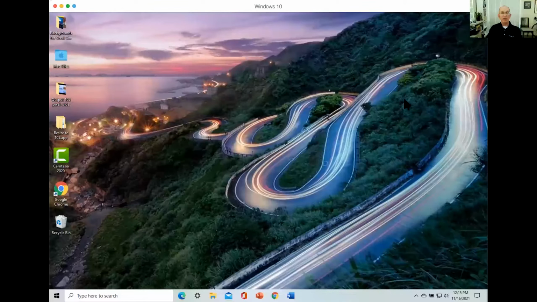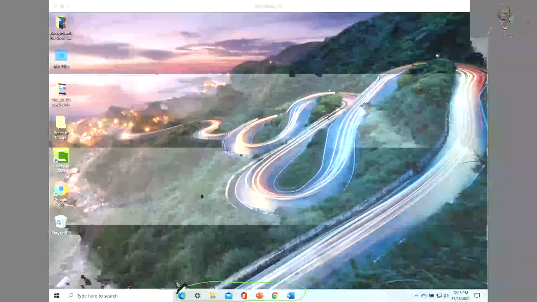And this is the background image on the back. There is a taskbar at the bottom. This thing along the bottom is the taskbar. Okay, and this is the start button on the lower left. This is a search box. And then I have some icons for applications here in my taskbar.